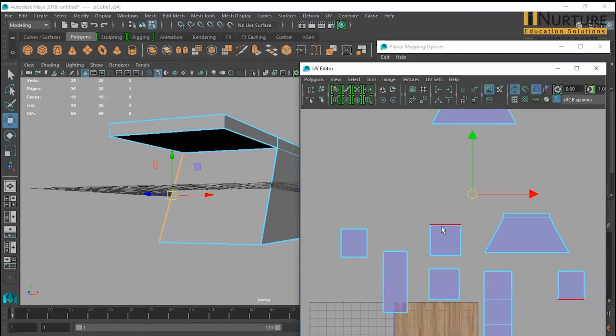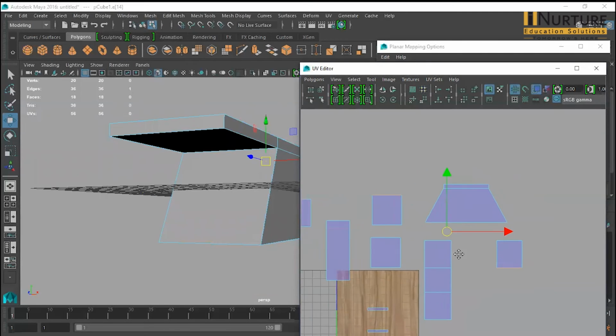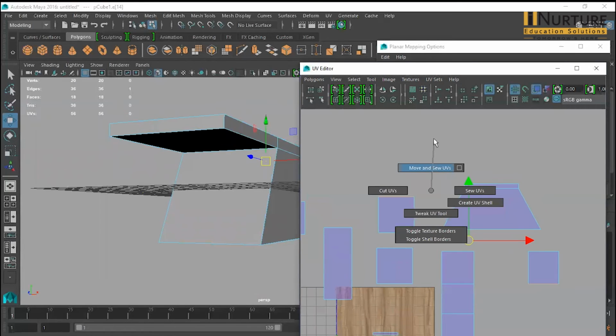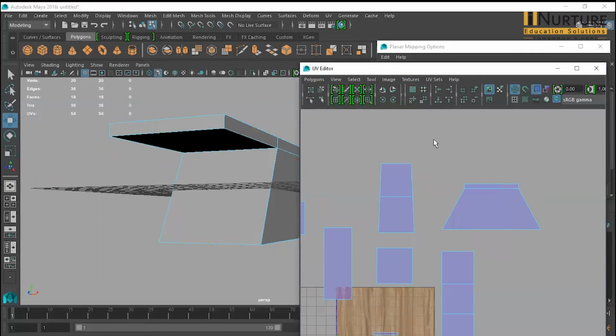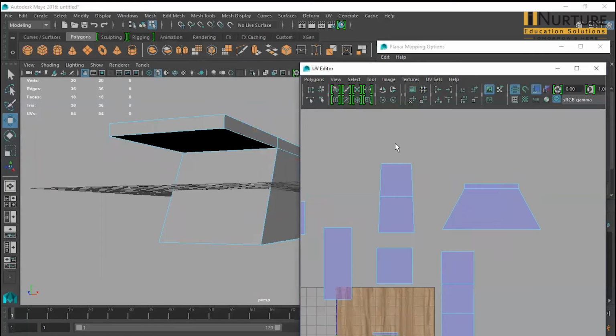I can select any edge and it will show us which edge can be merged with this. Just select the edge, shift right click, move and shift. Got it? Shift, right click, move and shift.